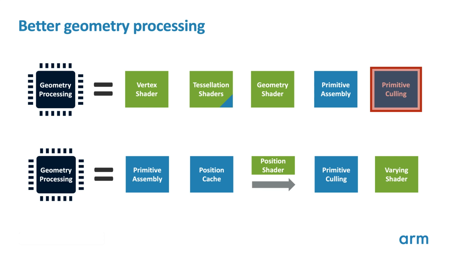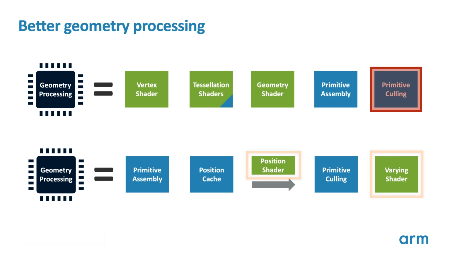The bottom pipeline shows the behavior of modern Mali GPUs, introduced with Mali G71, the first of the Bifrost architecture designs. In this approach, the vertex shader is split into two pieces by the shader compiler, the first half computing position, the second computing the remaining non-position output attributes. Only the position shader runs before culling. The varying shader is run afterwards, and only runs for vertices that contribute to visible primitives. We'll revisit this technique later in the series, as applications can use good buffer layout to maximize the benefit it